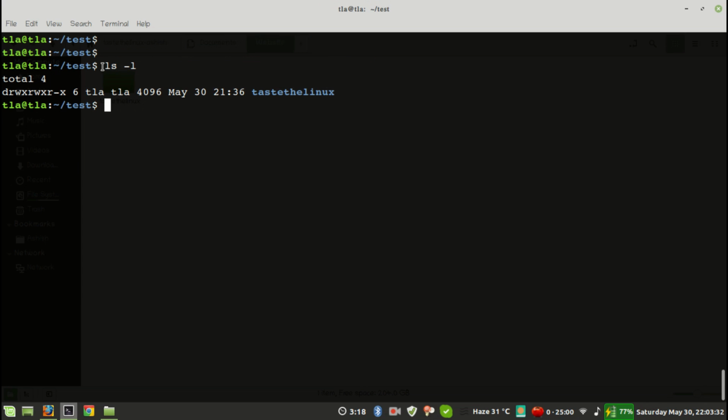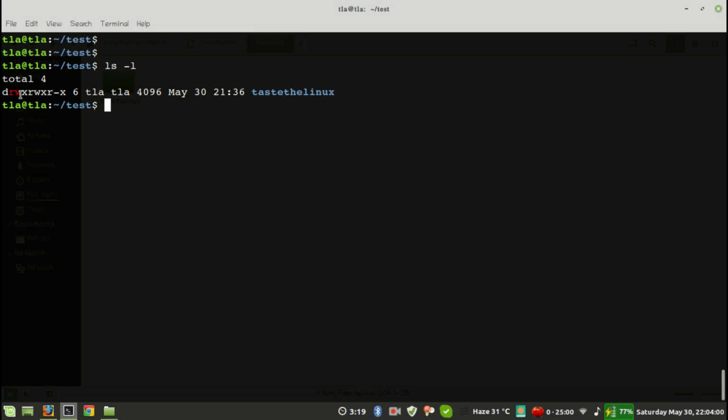As you can see, when I typed the command ls -l, it shows me the permissions rwx, something like rwx, and again r-x. What are these permissions? R means read, W means write, and X means execute. The first three permissions are for the user, the next three for the group, and the last three for others.